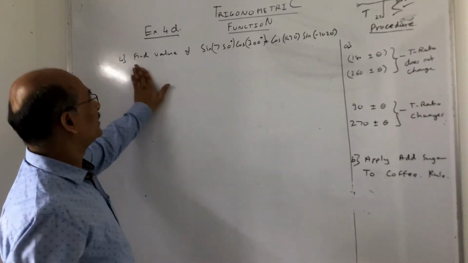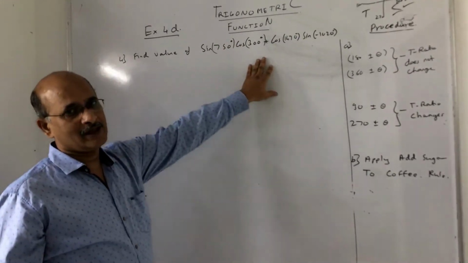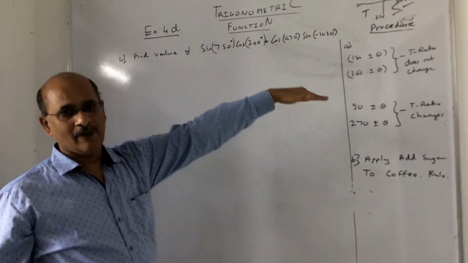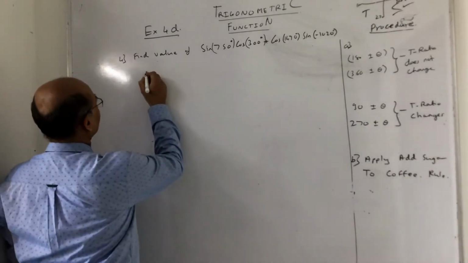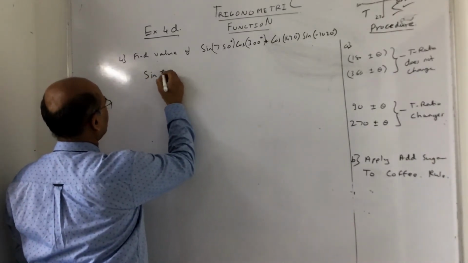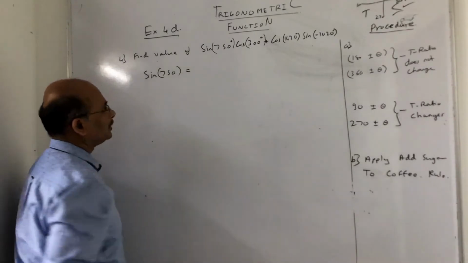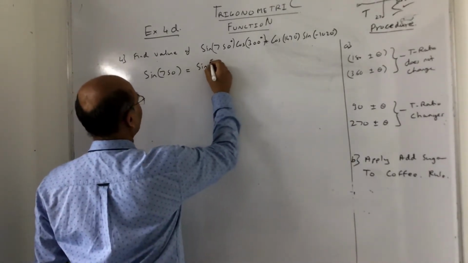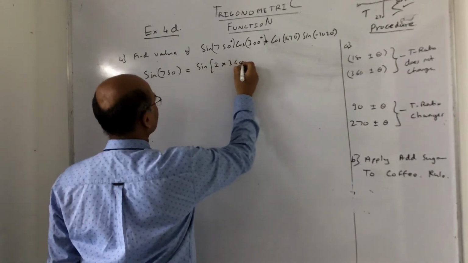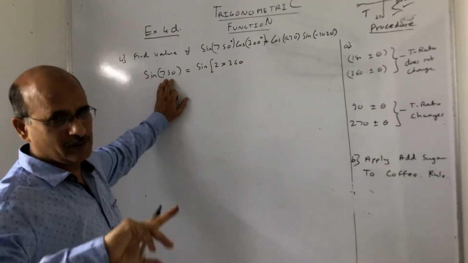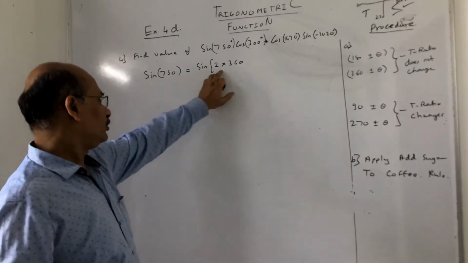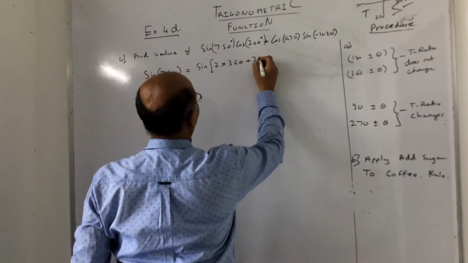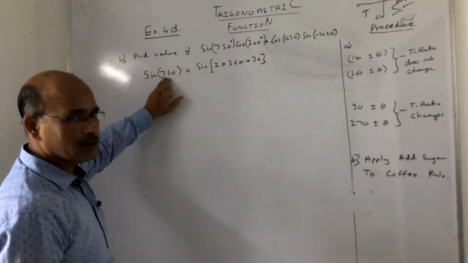So anyway, come to the point. They ask me to find the value of the same type of sum we have done in the previous lecture. So individually I can find the solution of it first. So first find sine of 750. Now remember, sine of 750 is more than 360. So what I can do is write 2 into 360, because 750 divided by 360 will be 2 point something. That means 2 into 360 is 720, 720 plus 30.